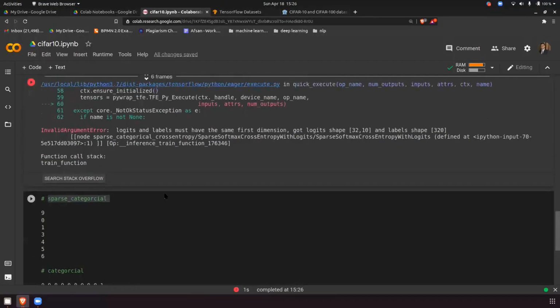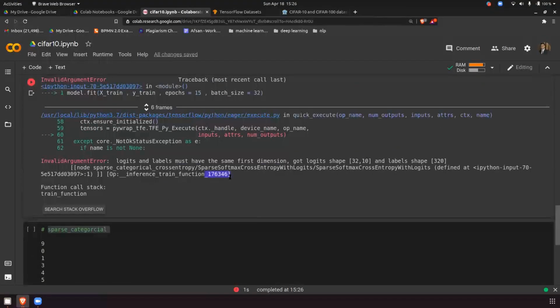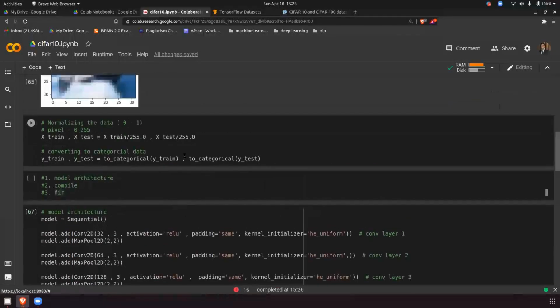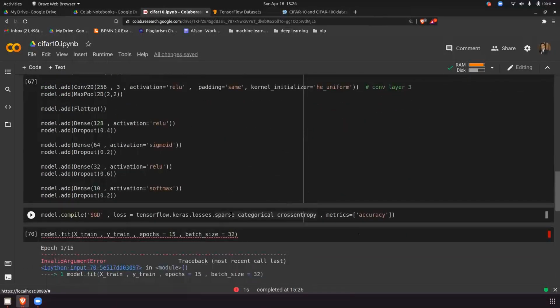See, I got the error. Why? Because this is now in the form of 0s and 1s, and this will not work. So to make it work, you have to use categorical cross entropy. As soon as you change this and run it, it will start working.